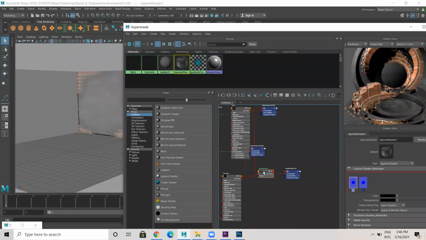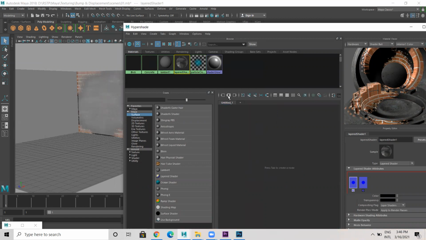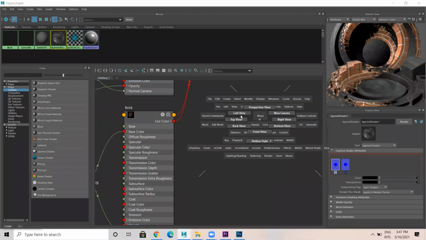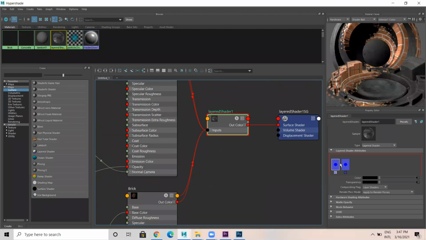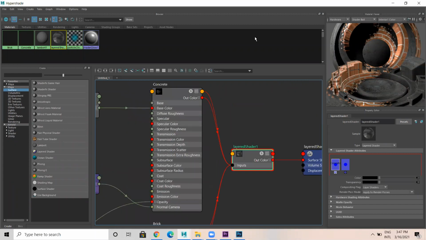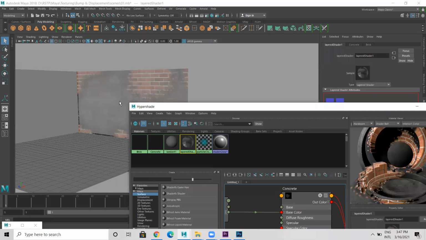Then this layered shader, select this, drag and drop to here. Now I'm selecting this input output connection. Let me explain this first. You have layered shader. The first one in the layered shader is concrete, which is here. That is what you see first. See, you can see concrete. If concrete is not there, then only in that area brick is there.